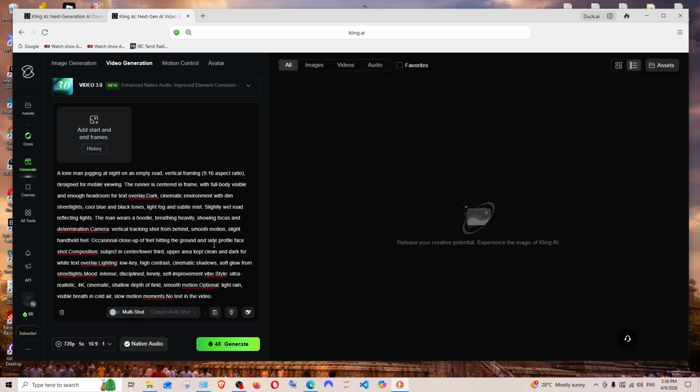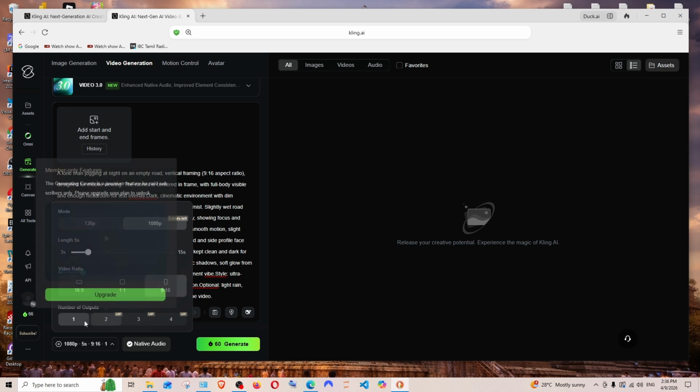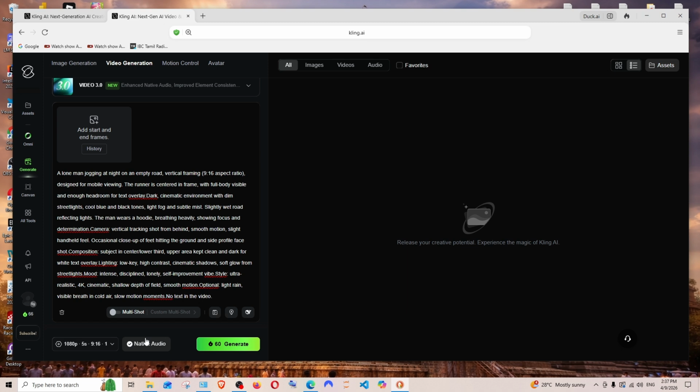And next is the video properties. So we will be having the option here. Click this drop down. First is the quality, if you want 720 or 1080p, and next is the video length. The more the video length you have, the more credits you are going to be charged. And next is the video ratio, whether it is a YouTube format or a TikTok format or a square one. And next is the number of outputs. If you don't want the audio to be generated, you can simply disable it. Disabling the audio will save some credits also. Once you are done, just click on generate,